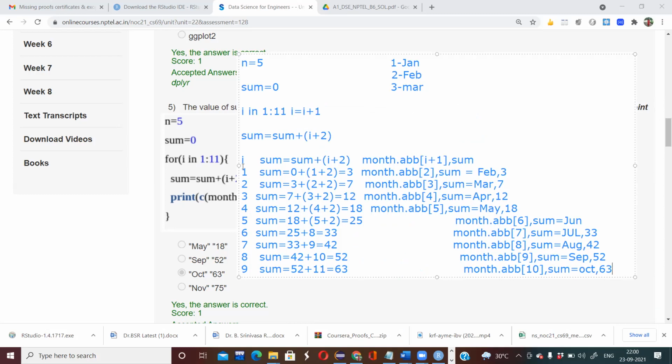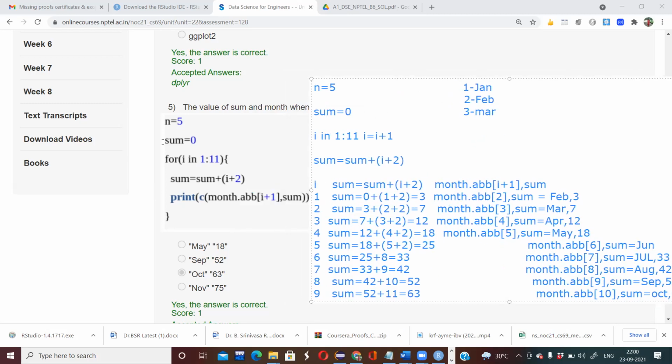So remember, earlier you have already seen here for I in 1 to 11. Here they didn't give any incrementation value, so the default incrementation value will be considered as 1. That is what we are calculating here. For each I value, you are calculating the sum, and simultaneously you are also printing the abbreviation of the month and the sum. Okay, so this will be your option. So if you get this particular option of Oct, you can just directly select this one. You don't have to calculate the sum. Just to make you understand this concept, I have calculated.